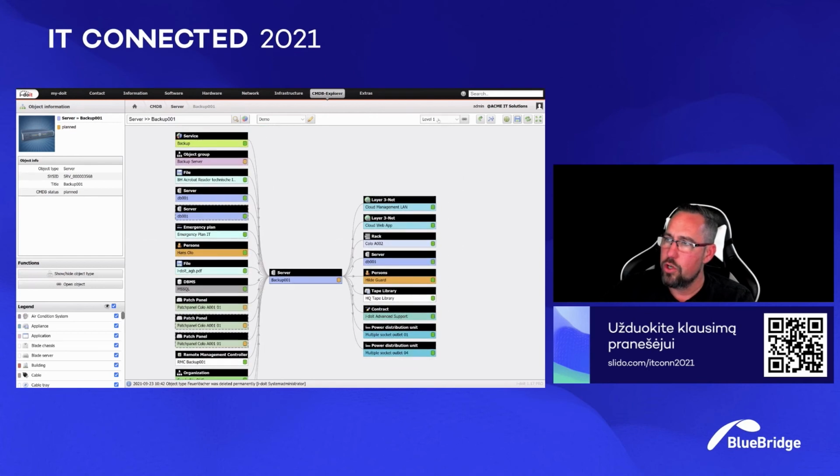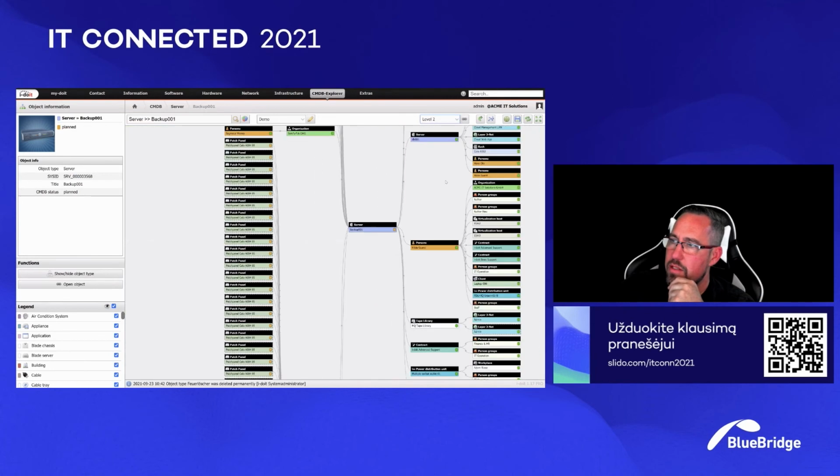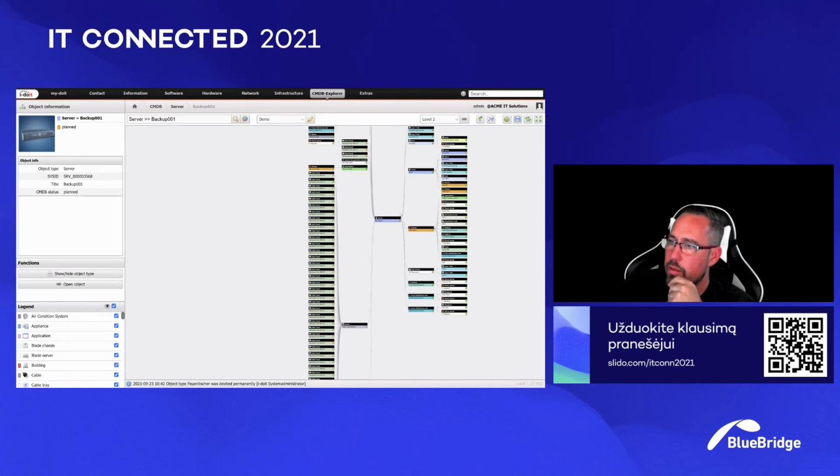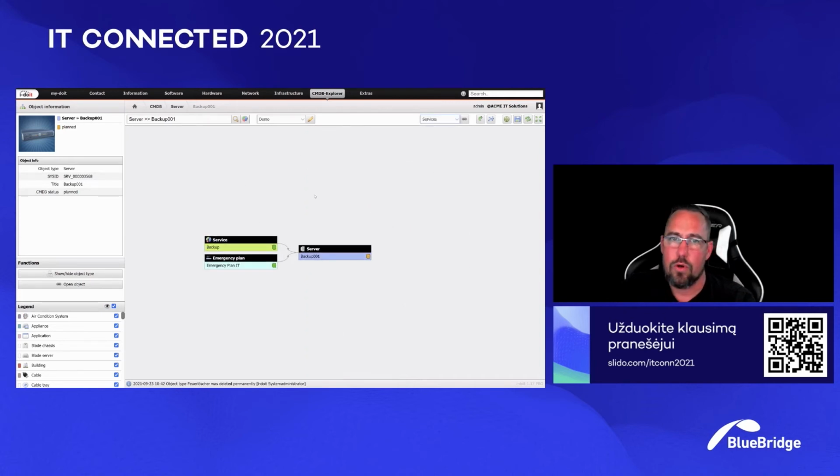So we have the feature here that we can only see maybe the cabling, or only see the services that a server has, or the organigram or something like that. This is really helpful because when we spread it more open here the dependencies of such a device over more spots, then we see easily that the filtering here brings the real effect, and that we get an overview over complex situations with that. So just keep in mind,